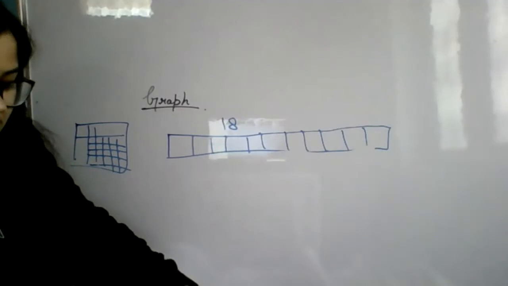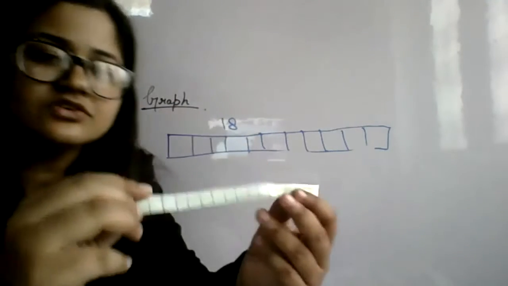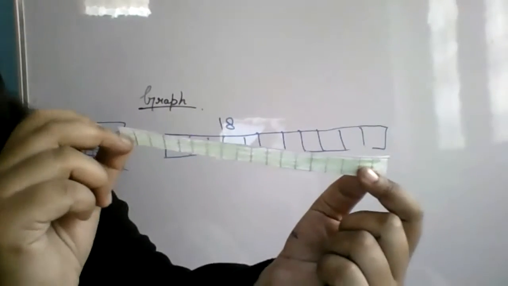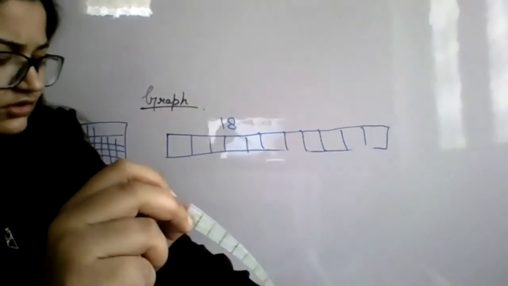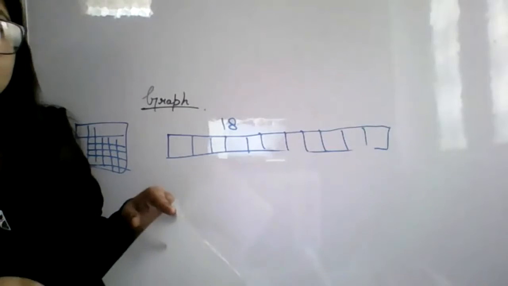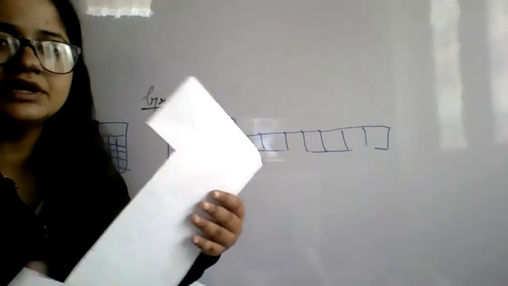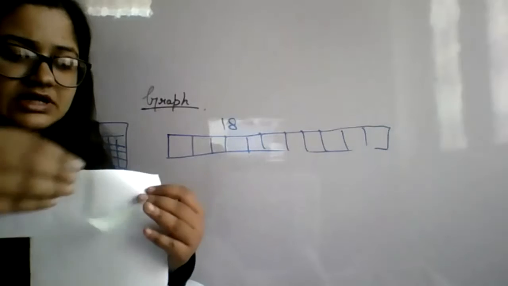And now what we have to do? Abhi, wait, beta. Just wait for some time. Let others also do it. Like this strip, you have to make and stick it on a plain paper. Plain drawing sheet or drawing paper is there. Or simple paper, colored paper also you can stick. Stick it on that paper.